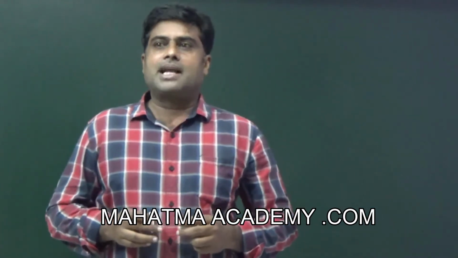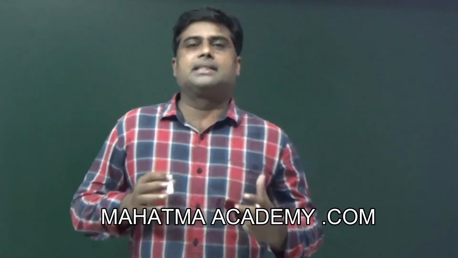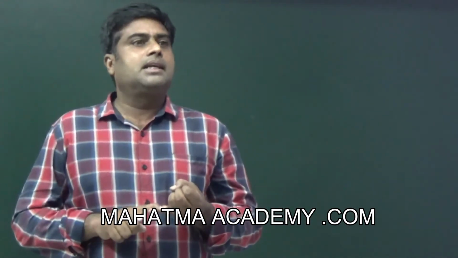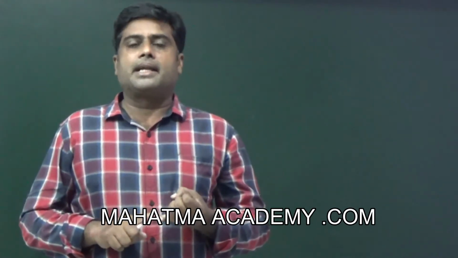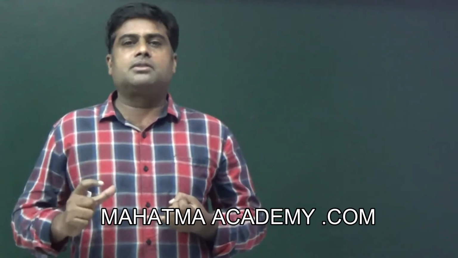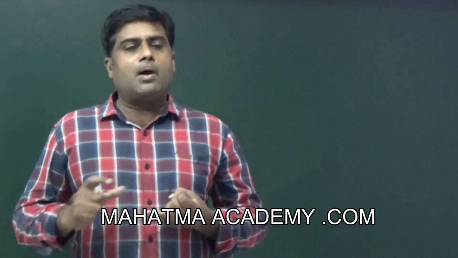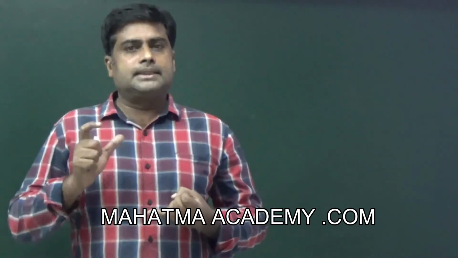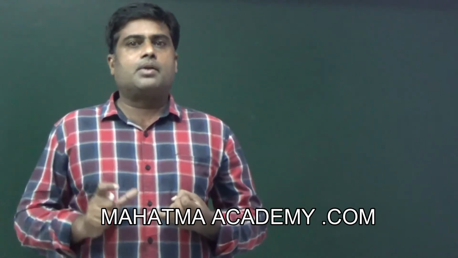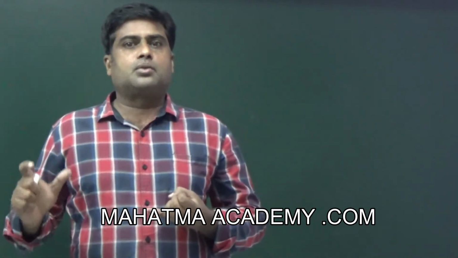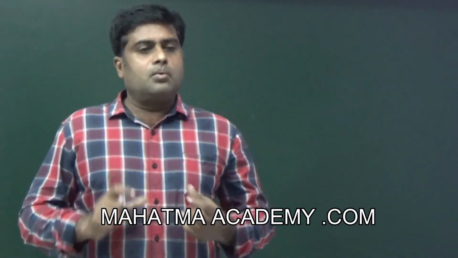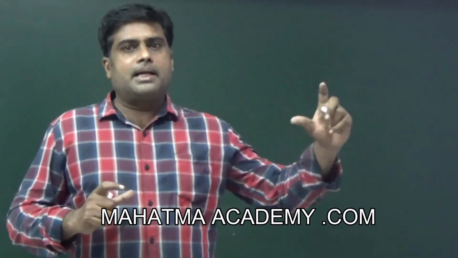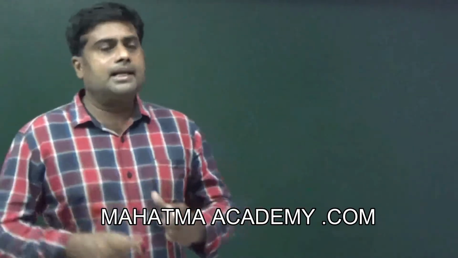Hello students, last class we discussed the trigonometric basics: what a right angle triangle is, the relation between sides and hypotenuse, what the trigonometric ratios are, the trigonometric ratio values for different angles, and the basic formulas, that is sin square theta plus cos square theta equal to 1, secant square theta minus tan square theta equal to 1, cosecant square theta minus cot square theta equal to 1. In today's lecture we will derive some standard equations based on the trigonometric ratios and the right angle triangle.